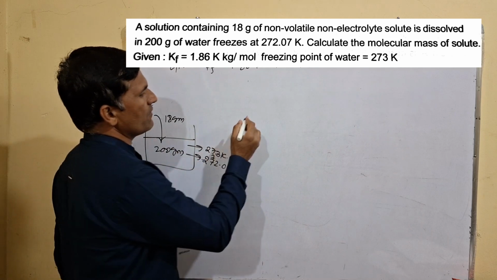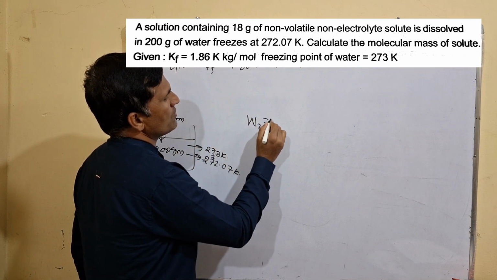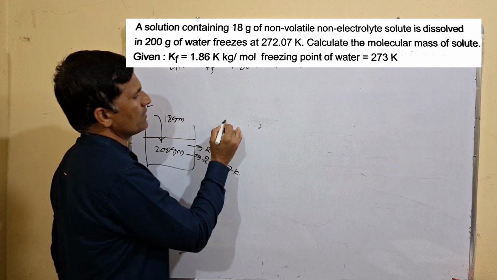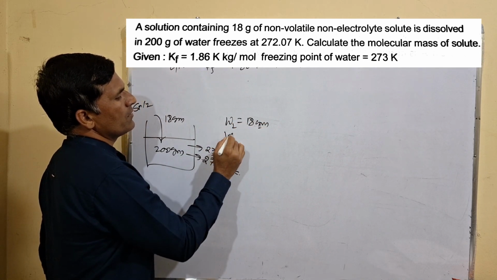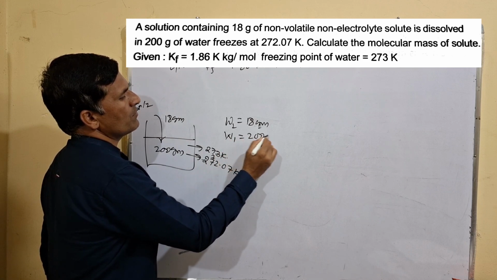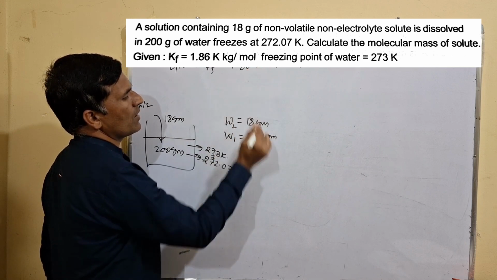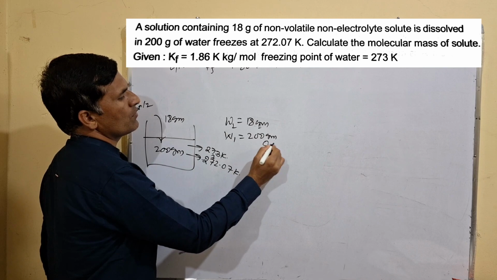So therefore let us write the given quantities. The weight of the solute, we will write like this, W2 is equal to 18 gram. Weight of the solvent is 200 gram. If you want to express that in terms of kilograms, so therefore what you have to do? 0.200